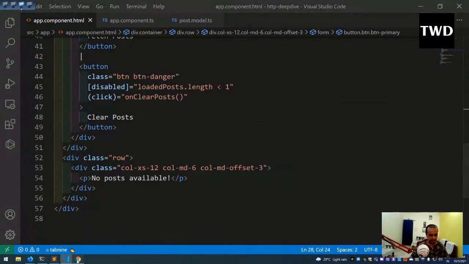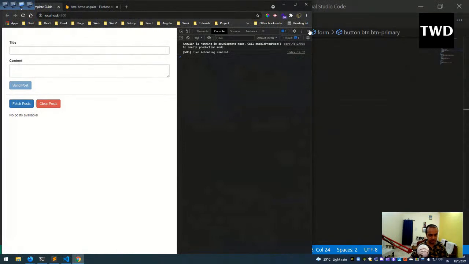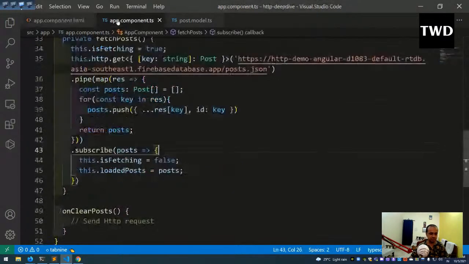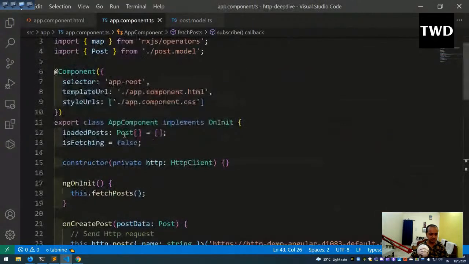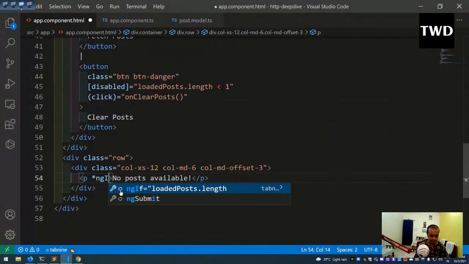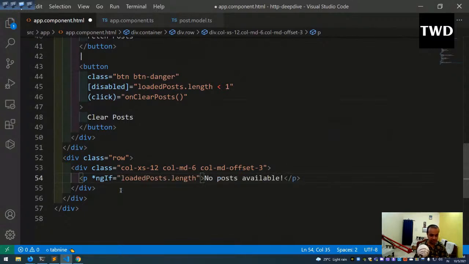We don't want to show it every time, "no post available." So then we also close it. We want to show it only if the loaded post, its length is less than 1, and also isFetching is not true. Okay, we want to show it at that time. So we are going to use an ngIf equal to loadedPost.length is less than 1 and